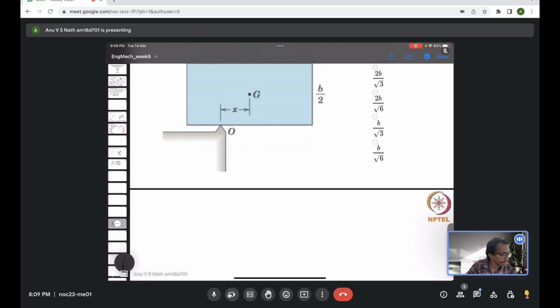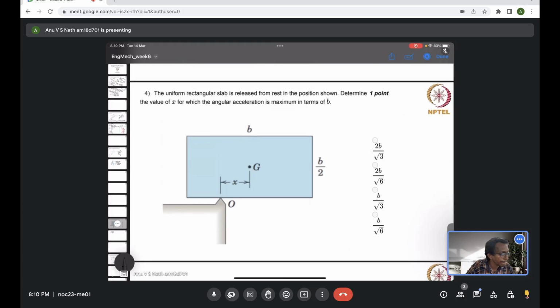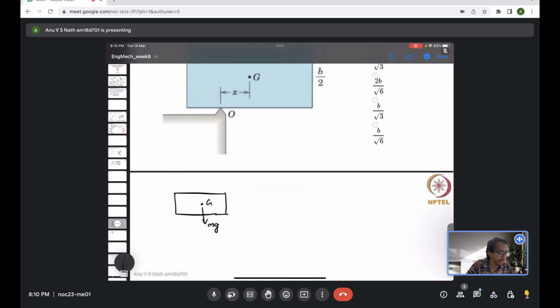We have a rectangular box whose center of mass has its weight acting through it. Mass is not given, maybe not required, so mg, and at some location a normal reaction R is acting,